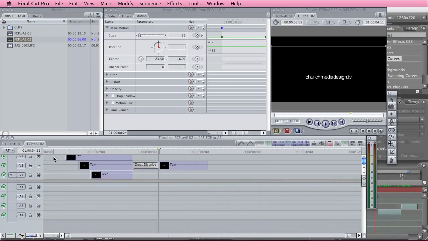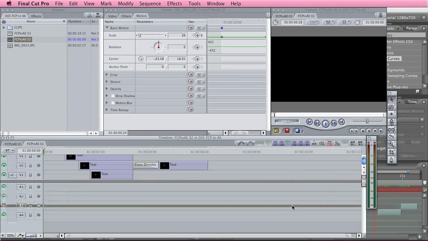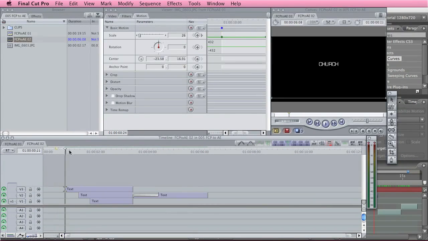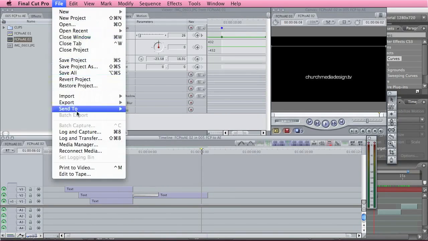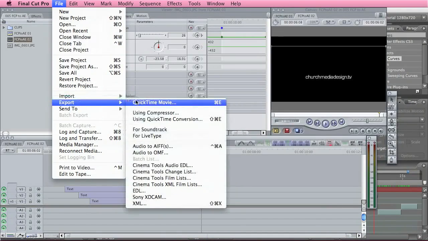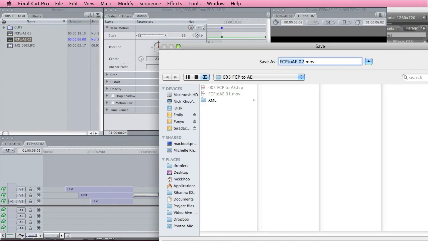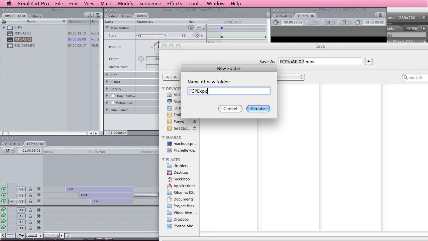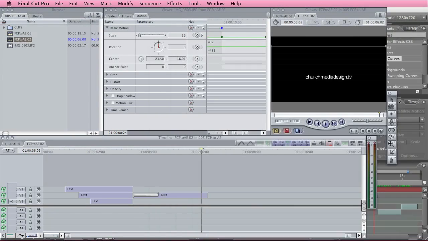So this is the only other way I've thought about getting this workaround, and this is probably the easiest way. It's not the best way, but it is a workaround, and I apologize, it's not optimal. But if you do need to translate something that is heavily timed with your footage, or with your sound effects and stuff, especially if it's only text, I suggest going export QuickTime, and take off make self-contained movie, because it's only text, so you don't have to worry too much about it. I'd make a new folder, FCP exports, and just export it. It should only take a second really. It's not a very big file, and it's done.